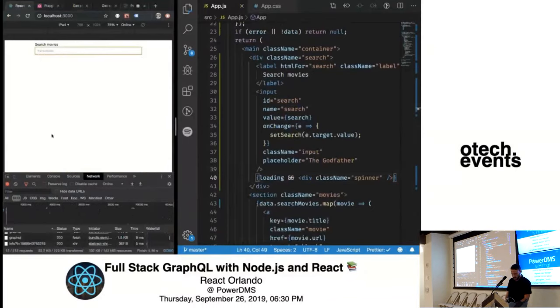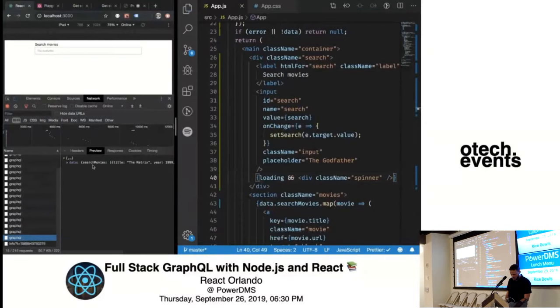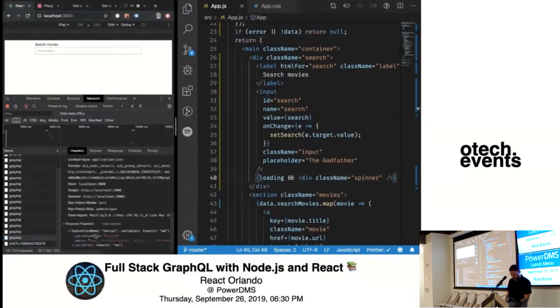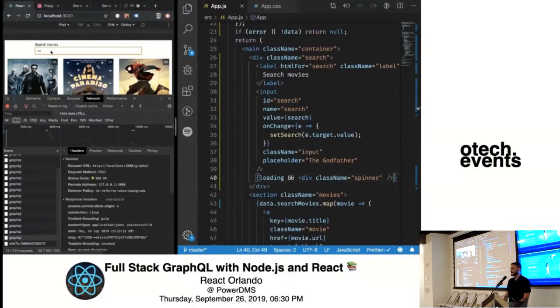Yeah, so if you don't believe me about the cache, we can see that in action down here. The last search that was executed here was for MA. So if we leave this network request highlighted and I type MA again, it's not going to do anything because it already knows that the results for MA are in the cache. And you can bypass that in that config object. You can say, always hit the server no matter what, because things need to be up to date or whatever. But in a case like this, where these would be relatively static, this is pretty cool. We're saving some micro cents in AWS, and somebody will be pleased, I'm sure.